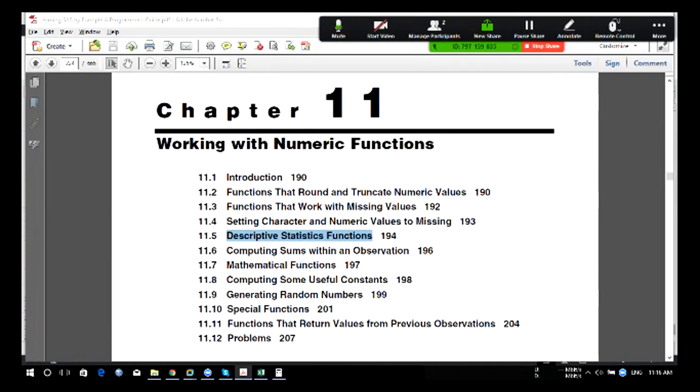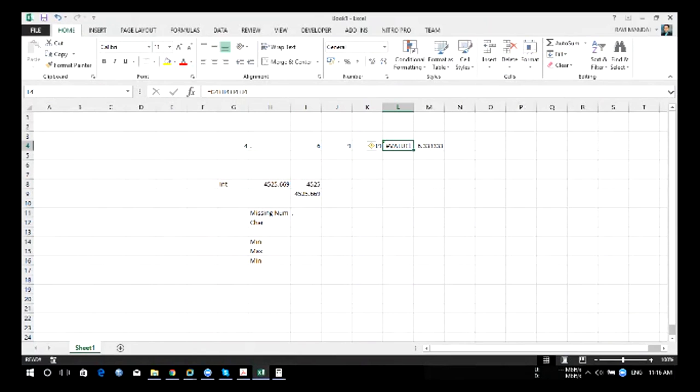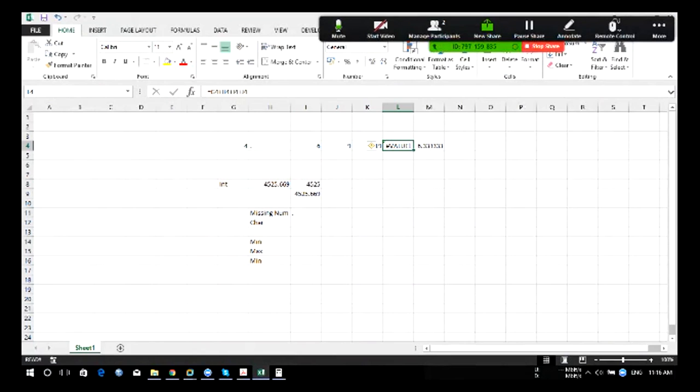Then we have computing a sum function, which we talked about just now, the ways of doing summing. So here, if you have a missing value and I do sum like this, it should not be the proper way. If something is missing over here, you'll end up having a missing value over here also.